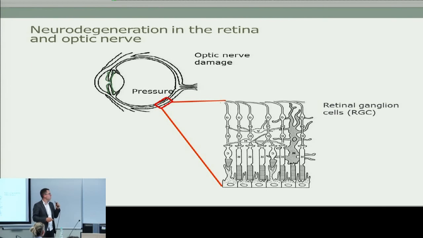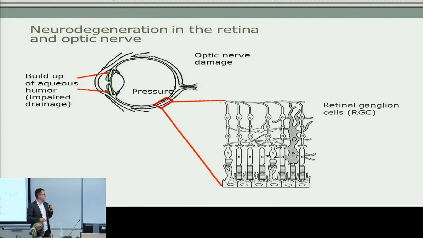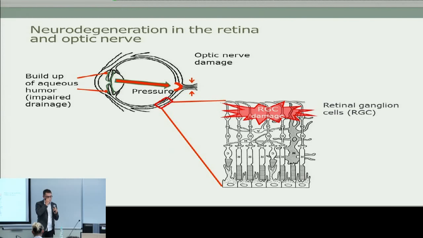So as I said, glaucoma is in fact a neurodegenerative disease. It was formerly believed that it's a very simple disease, that the key mechanism is an elevation of intraocular pressure because of impaired drainage of the aqueous humor, and it simply leads to mechanical damage to the optic nerve and the bodies of the retinal ganglion cells. In fact, the mechanism is far more complex,